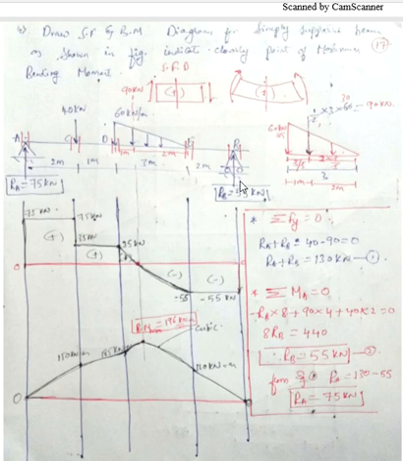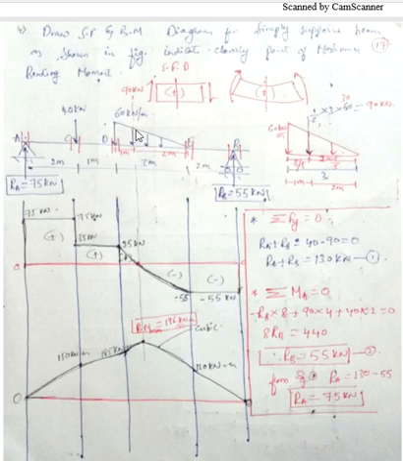Coming from this end, there is a reaction RB and it is giving me anti-clockwise movement with respect to point A. Follow the cursor, it is giving me anti-clockwise movement. So minus RB into perpendicular distance, which is 2 plus 3 is 5, 5 plus 1 is 6, 6 plus 2 is 8. So minus RB into 8.